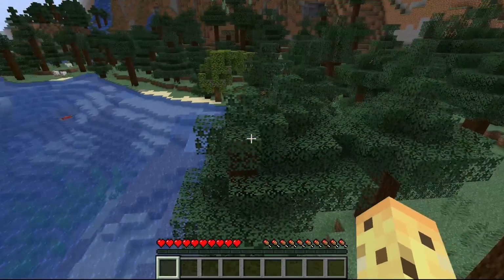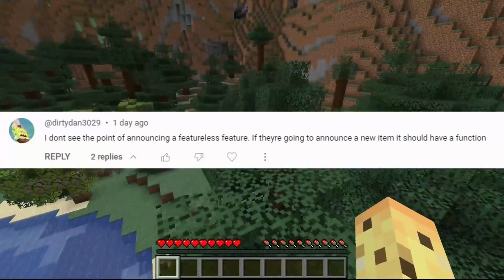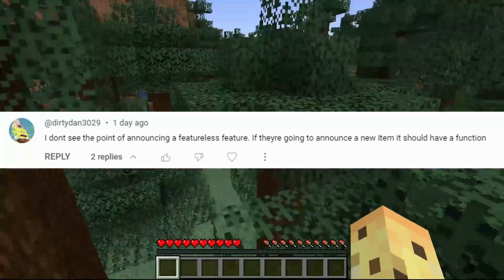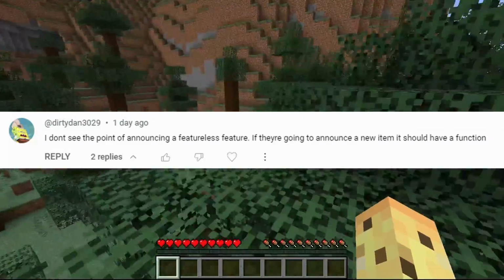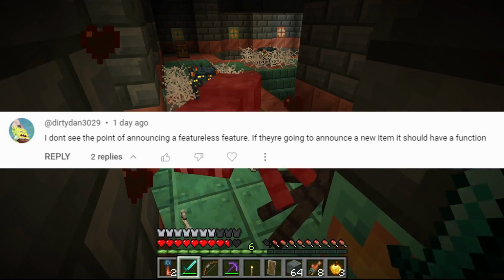and I can do this all day. An interesting point comes in, by the way, from Dirty Dan 309, which is, I don't see the point of announcing a featureless feature. If they're going to announce a new item, then it should have a function, and I think this is kind of true given people's expectations, but also I think it's really really good for the community to be able to